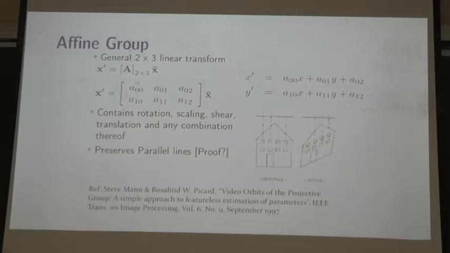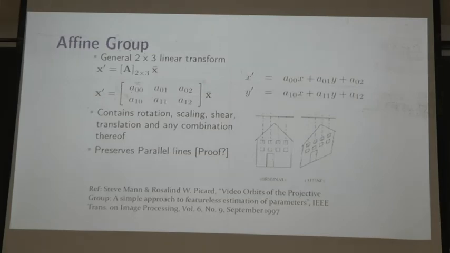Okay? So an affine transformation can, for example, transform this picture into a picture like this. That would be some choice of parameters of affine transformation. And I have a statement here that I have not proved. An affine transformation preserves parallel lines. Yani parallelity of lines will not change. If there were two lines in the image which were parallel before you did affine transformation, no matter what type of affine transformation you apply, those two lines will remain parallel after affine transformation.